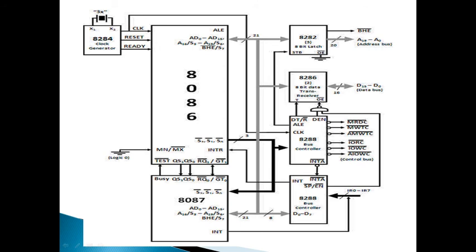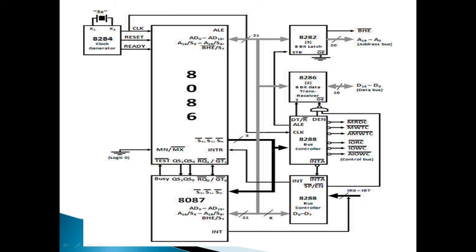First, the request and grant of the 8087 is connected to the request and grant of the microprocessor. The 8087 gives an active low request pulse. The 8086 completes the current bus cycle, gives the grant pulse and enters the hold state. The 8087 uses the shared bus to perform the data transfer with the memory, then gives the release pulse and returns the system bus back to the microprocessor. So this is how bus stealing can be done.